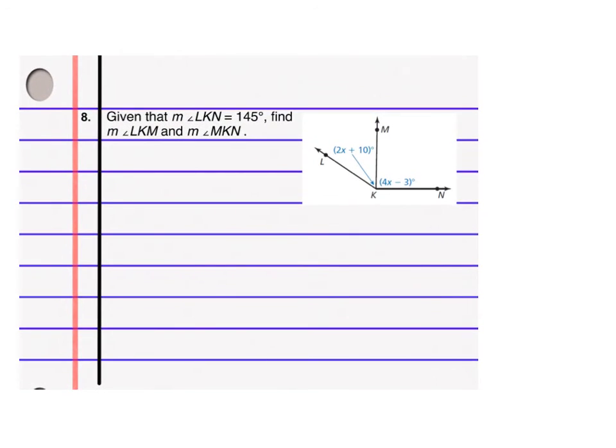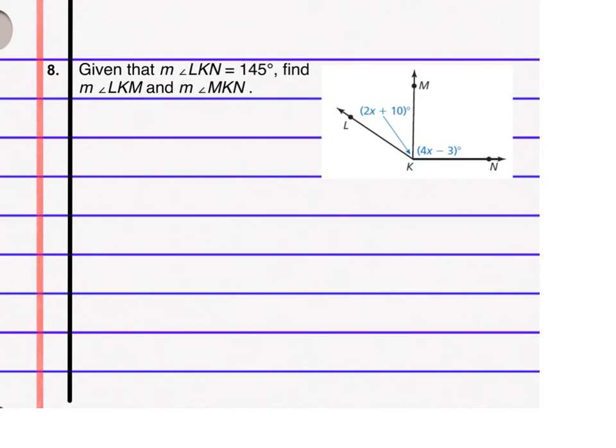We are now going to add in some algebra. So hopefully examples 5 through 7 were pretty basic for you. Now we're going to add in some algebra. Given that the measure of angle LKN, so LKN is the big angle, is 145 degrees, find the other two. It's not giving us any other information, but because of our angle addition postulate, I